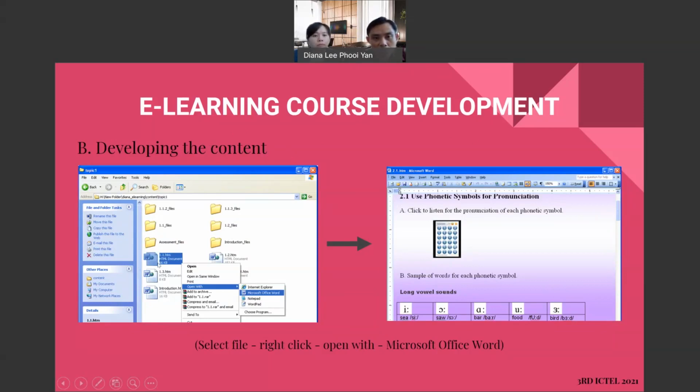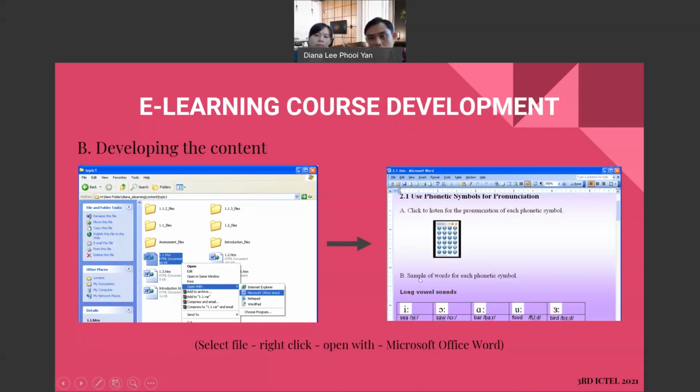Here we have an HTML file, and we choose Microsoft Office Word for the content we want to put in our e-learning tools. Next, you can see on the screen, use phonetic symbols for pronunciation. For example, click to listen to the pronunciation of the phonetic symbol.